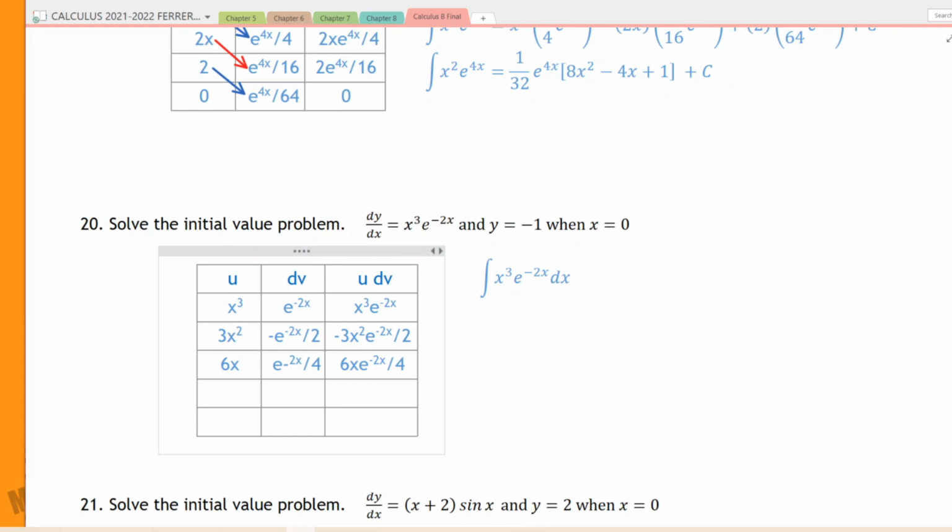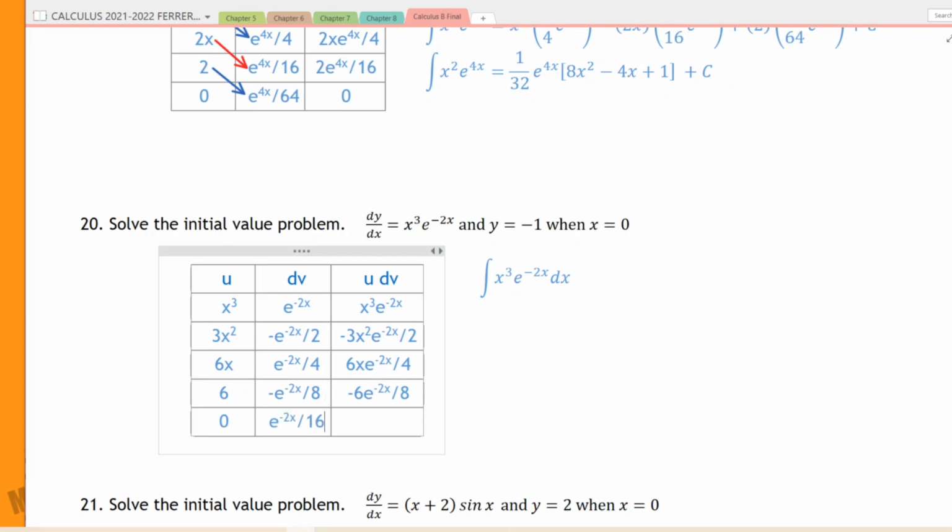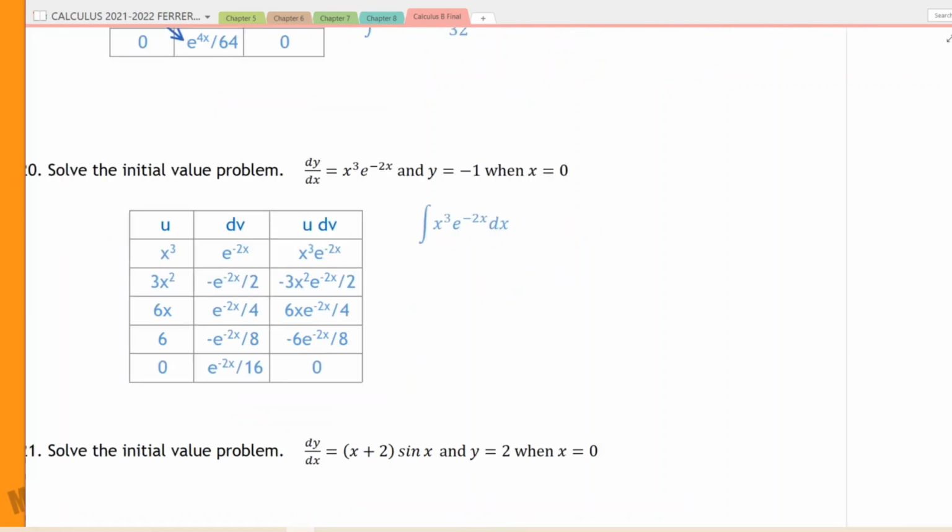And we're getting there. This is not quite different or integratable yet, so we're going to do another derivative, another integral, and then multiply again. And this is integratable, but just like the last few, I see a 6 here in the u column, so I'm going to go one more time so I can get that highly coveted 0. Derivative, integral, and multiply. Great. So now that we have all of that, let's scoot this over a little bit and let's start assembling our